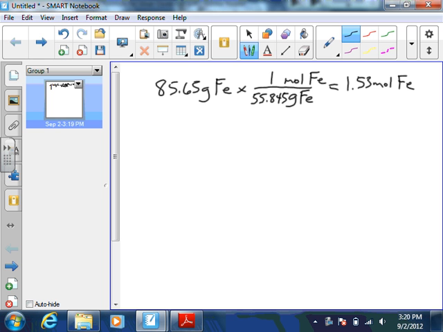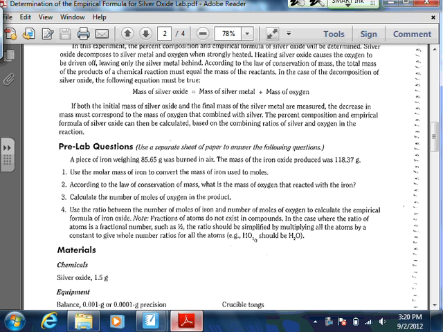And then the next question is asking us, according to the law of conservation of mass, what is the mass of oxygen that reacted with the iron? Okay, well, we know that iron oxide is the only thing that got produced here. We started with iron, so if it started out at 85.65 grams and ended up at 118.37, then all we have to do is subtract those two numbers, and that should tell us the mass of the oxygen. Okay, simple enough. So we take 118.37 minus the 85.65, and that's going to give us 32.72 grams